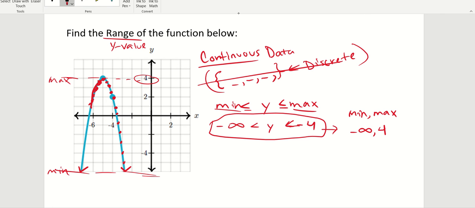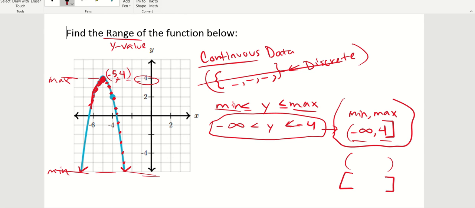So this is your minimum, maximum, and then we need to put whether we have brackets or parentheses, whether we're including or not. Anytime you have infinity, we talked about that just having a parentheses, and then the 4 has to have a bracket because we are including a point at a 4. There is a point in there that has a 4 as the y value. So this right here will be the range notation that you're going to see